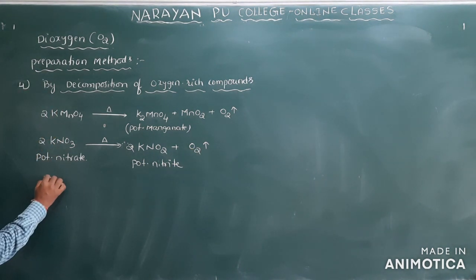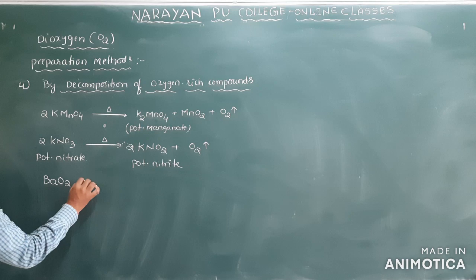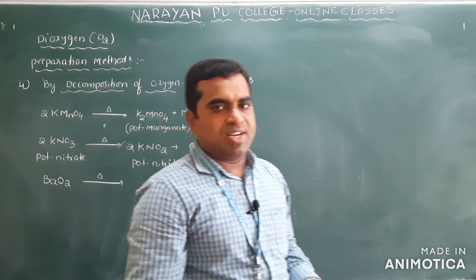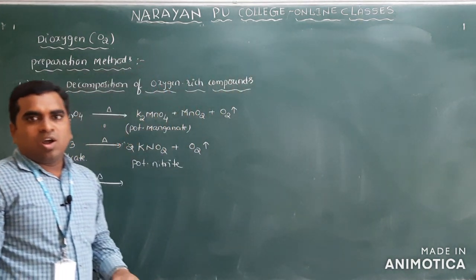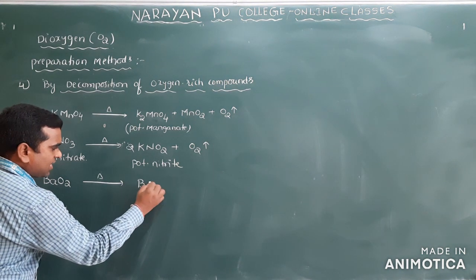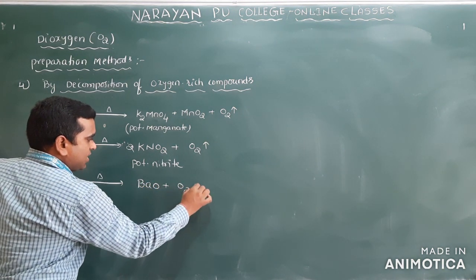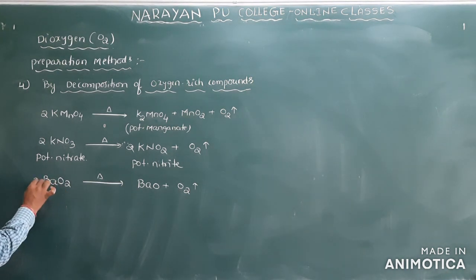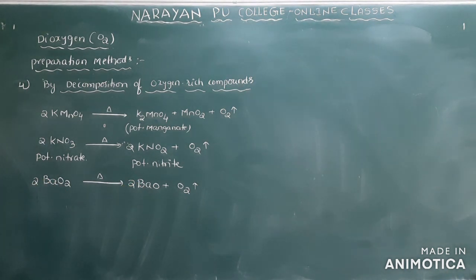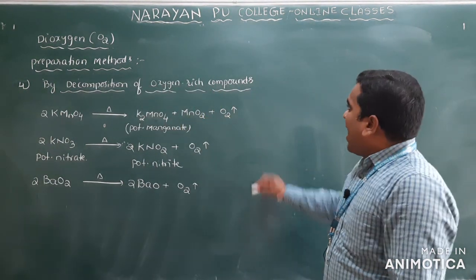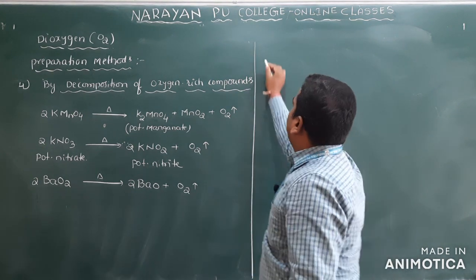In the same way, barium peroxide, BaO2, and you just heat it. I mentioned just now, if peroxides are there, when you heat them, they automatically give oxygen. So you take barium peroxide and heat this, you will get barium oxide plus oxygen. Here balance, because here 3 are there and here 2, multiply with the 2. In all cases you see you are getting oxygen. Clear? And the next one, the 5th one.